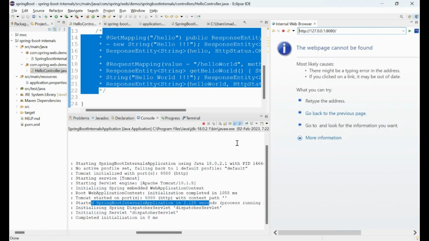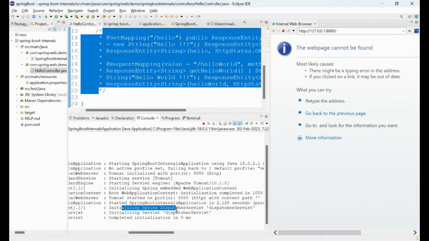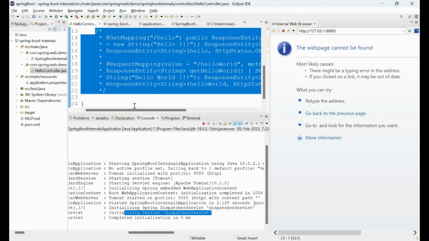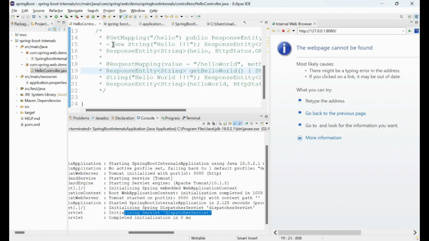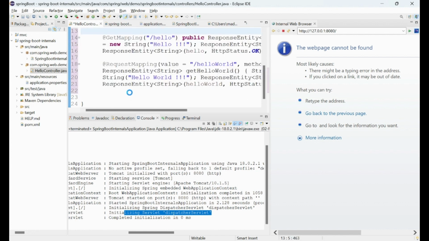So it says the web page cannot be found, most likely because of other details that are present here. But again, the same log that we were seeing previously, it did initialize the Spring DispatcherServlet. So these logs that were present previously are still coming up. So it's not related to the way or the code that we have written here in any way, so that it initializes dispatcher servlet. So let's uncomment it and